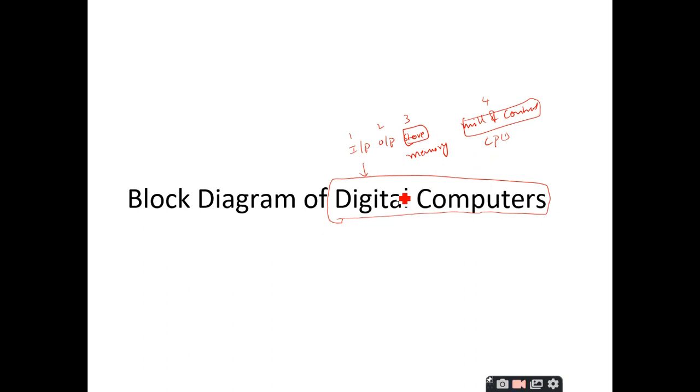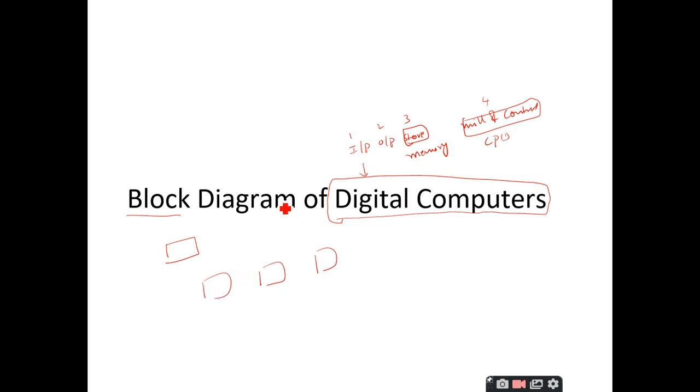That is the reason why we call Charles Babbage the father of computers. Why? Because these particular components were designed in his computer, which is called the analytical machine. Block diagram means we are going to represent a computer in terms of blocks. We have a number of blocks like this, and we will connect these blocks and name them. That is nothing but a block diagram.